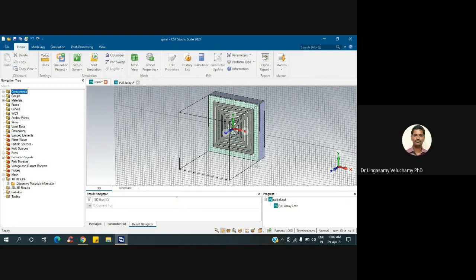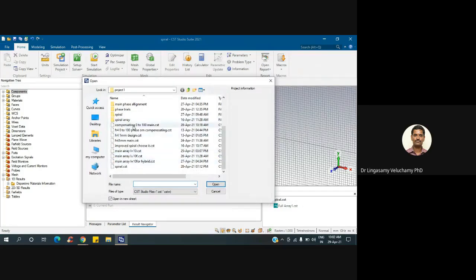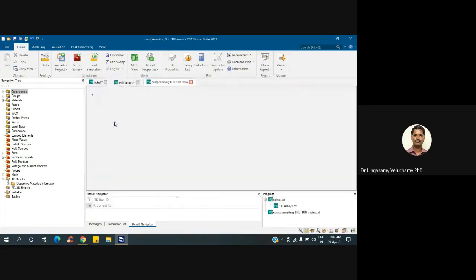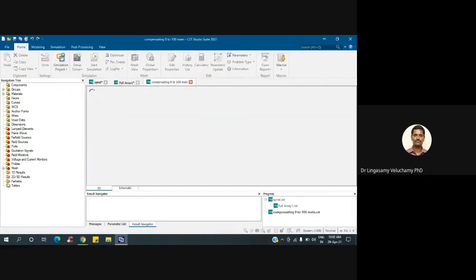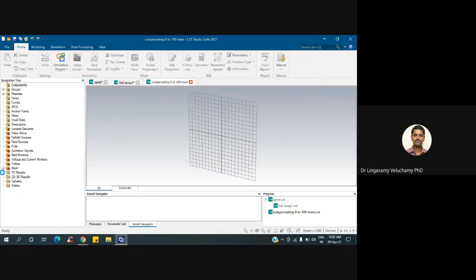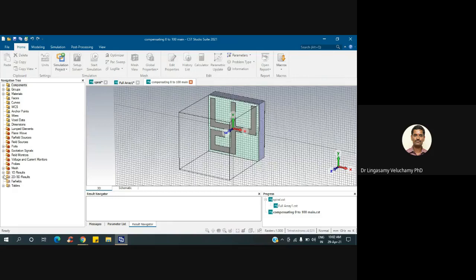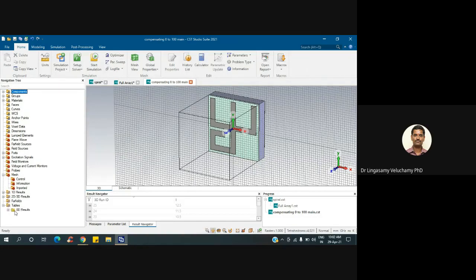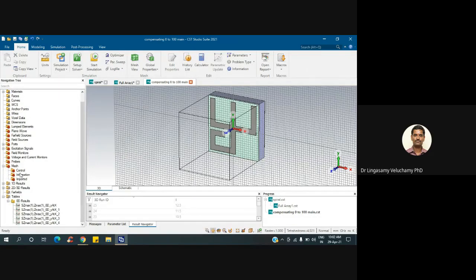Okay. If you simulate now, can you simulate the incident angle now? I will open the already simulated one. You can do it, no problem. Please open that. Yeah, this one. Can you see here?